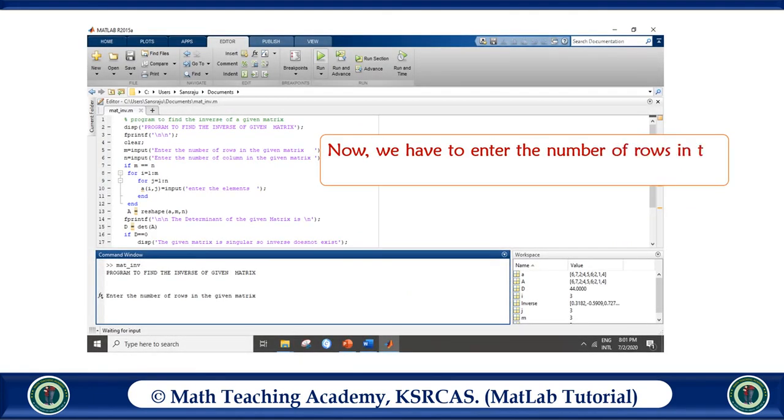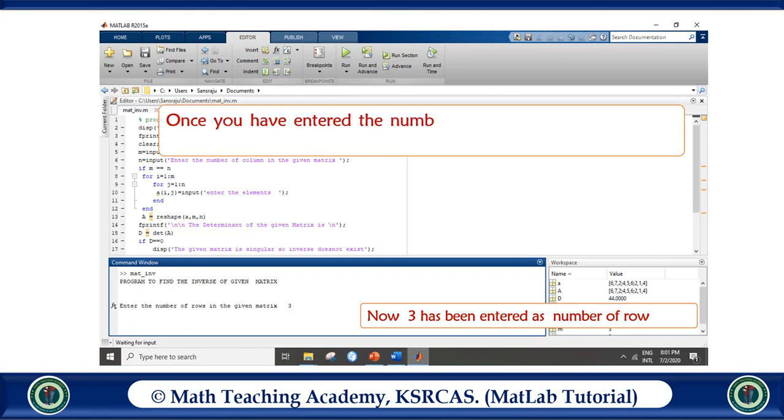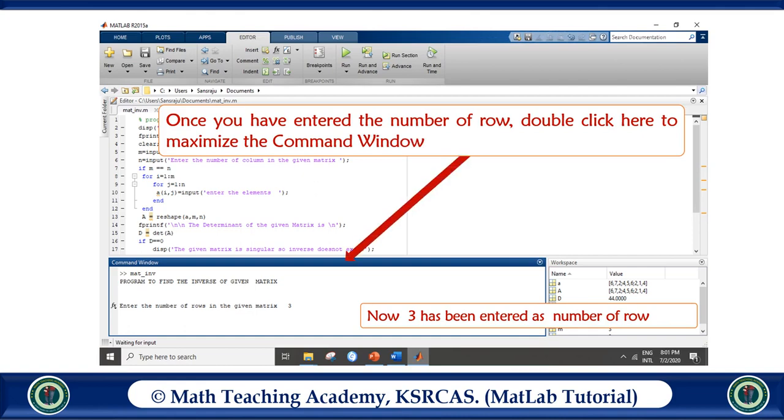Now we have to enter the number of rows in the given matrix. Here 3 has been entered as the number of rows. Once you have entered the number of rows, double click here to maximize the command window.